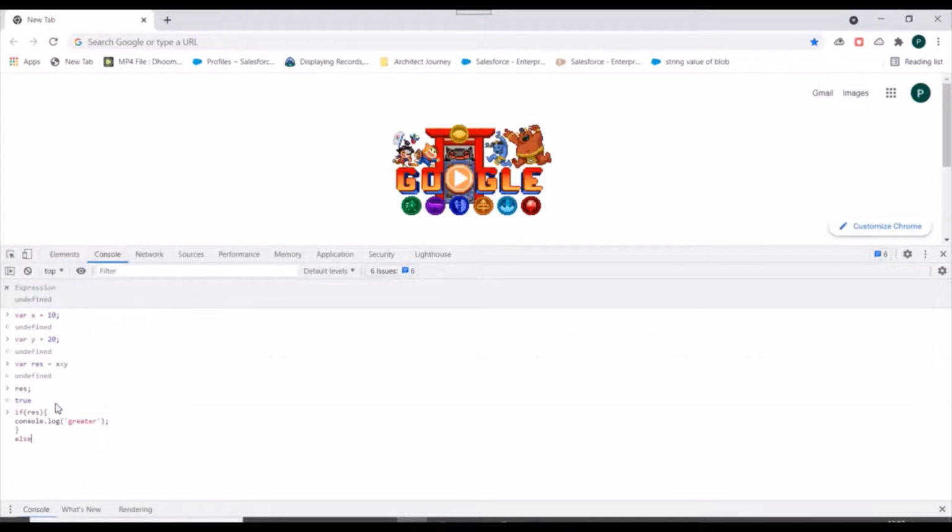Else, I will print this section of code. Now let's see what happens. You can see this section of code got printed over here. This console log is printed, greater, that means result was true, correct? So this is where we use Boolean variables in general.